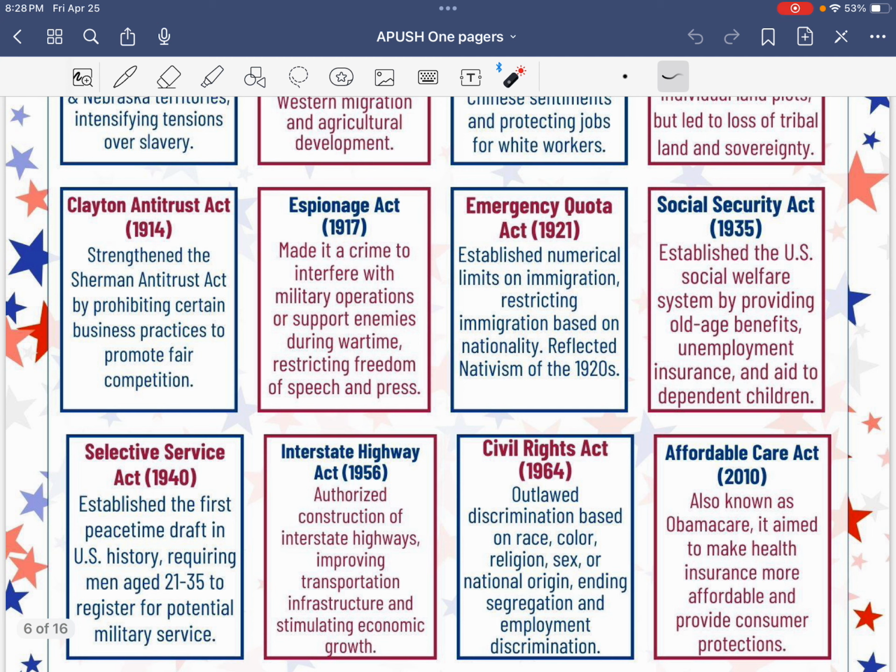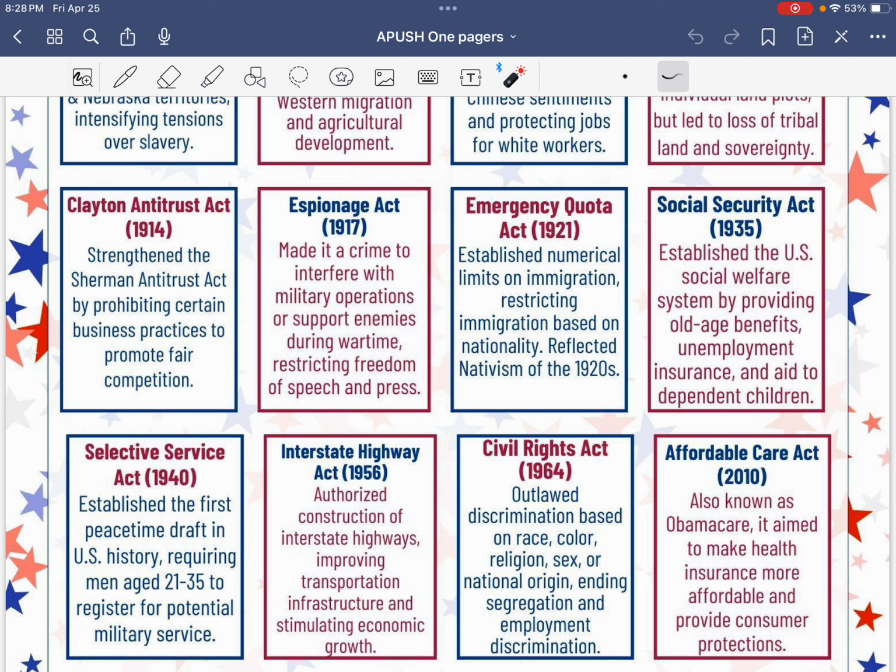Okay, Clayton Antitrust Act, 1914. This is the Progressive Era, time period 7. The Clayton Antitrust Act strengthened the Sherman Antitrust Act. Antitrust means anti-monopoly. So it outlawed practices that stop competition, like price discrimination and mergers, these big companies that buy out other big companies or try to destroy smaller companies on the stock market and then gobble them up. It's kind of pro-union in a way, because it's promoting the idea that unions can help bring down monopolies. The act hopes to regulate big business even further, which was one of the goals of the